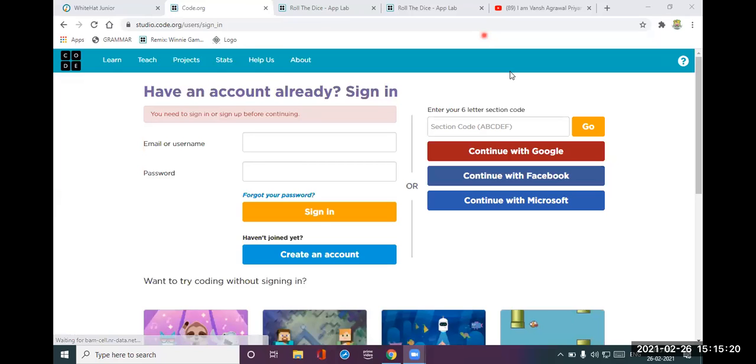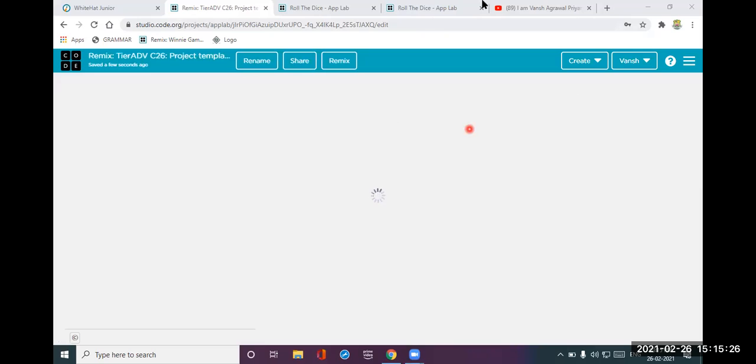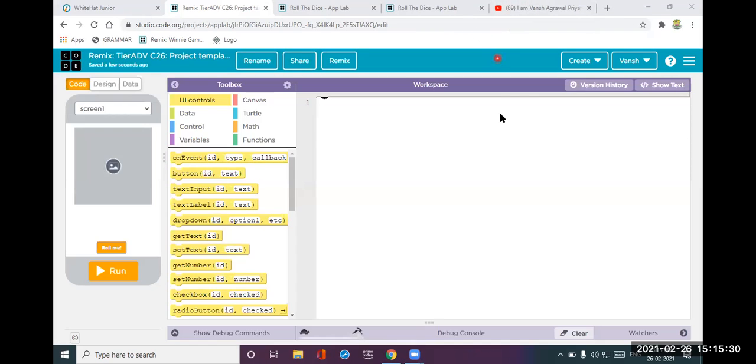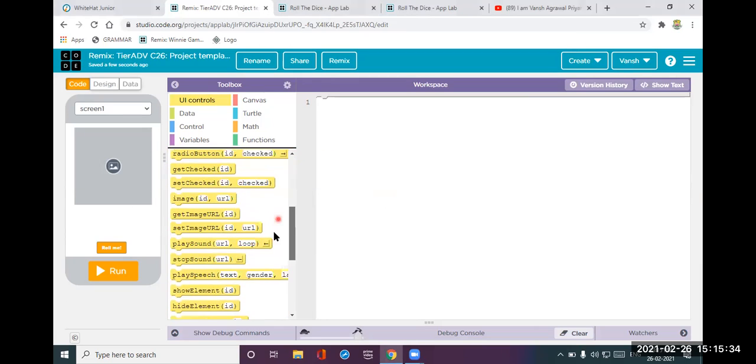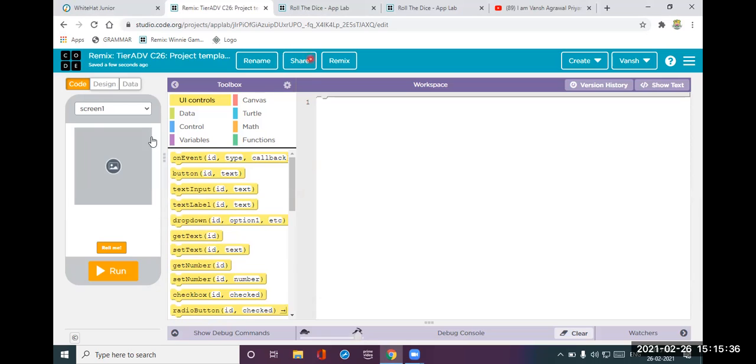Let me sign in now. Let me make this key disappear. Done. Over here White Hat Junior has done the design part for us.